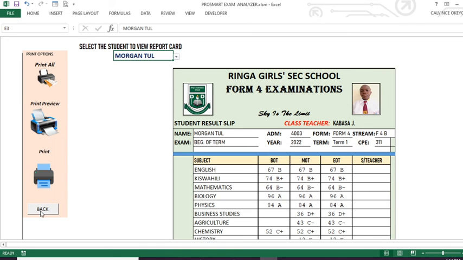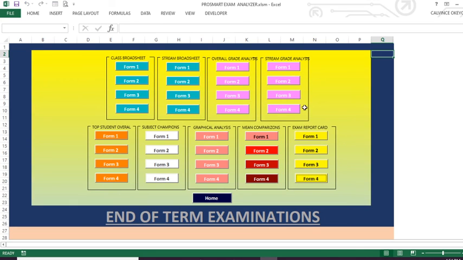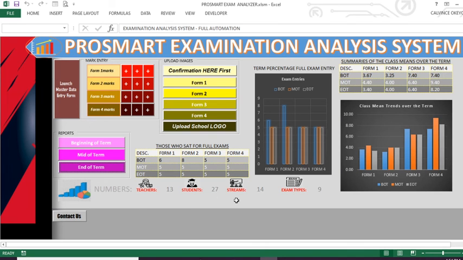So you move back. When you move back, you shall have generated all the report cards and all this analysis, generated and printed, and then you collect them from the printer. Apart from these reports, we also have some other reports featuring